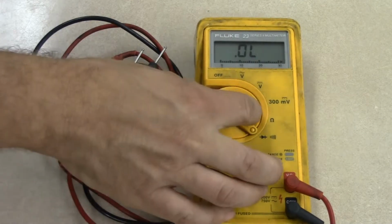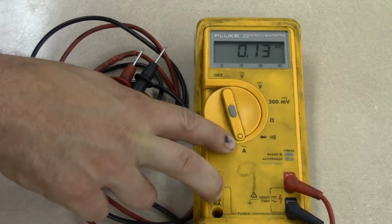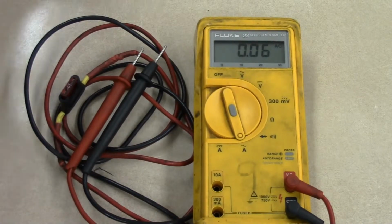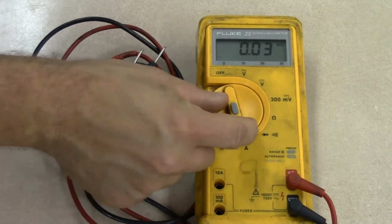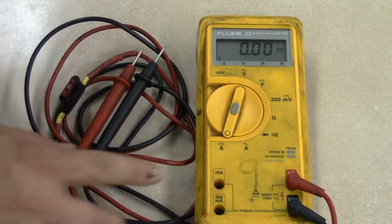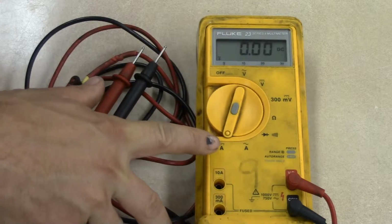The next scale that we have is amps AC. This is measuring AC current, signified up here on the top by the AC signal. And then the last one is amps DC for direct current. When working on an automobile, if you're measuring current, you're going to spend the majority of your time under